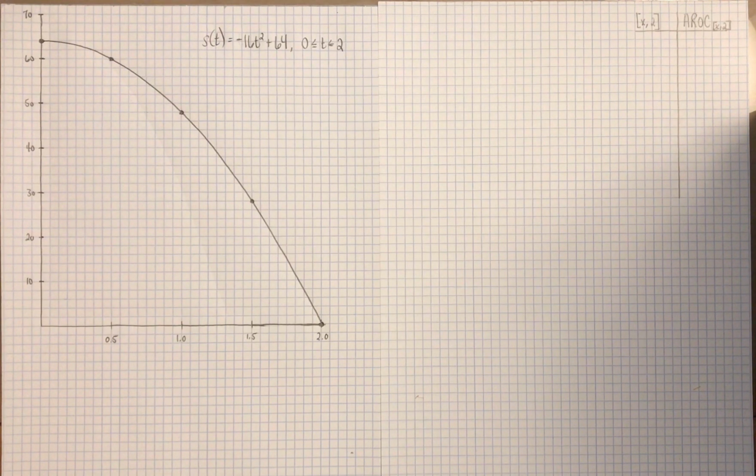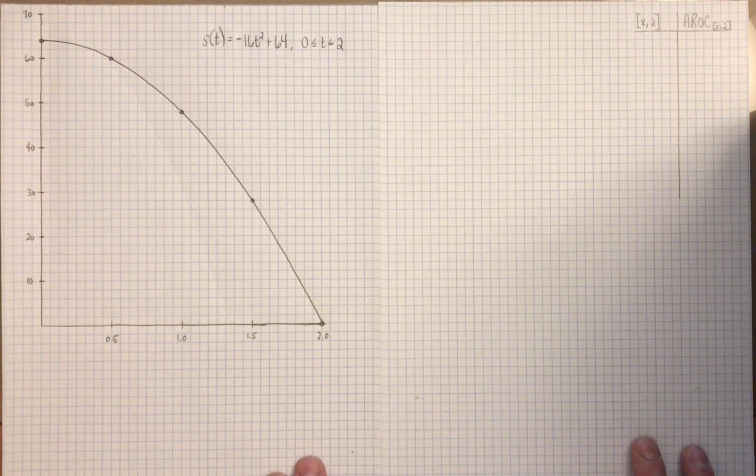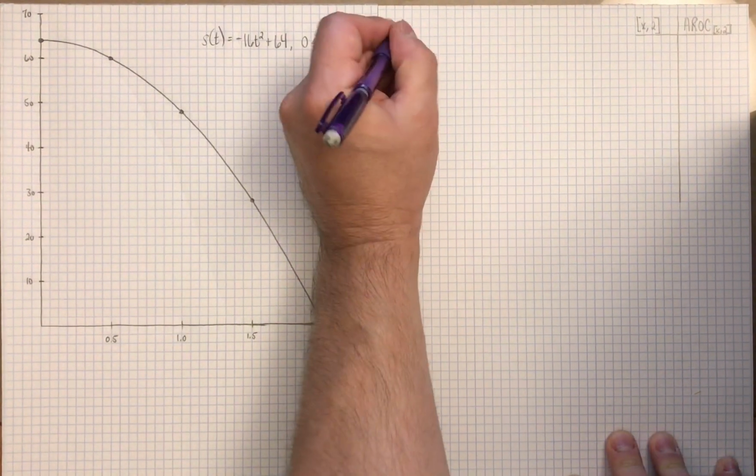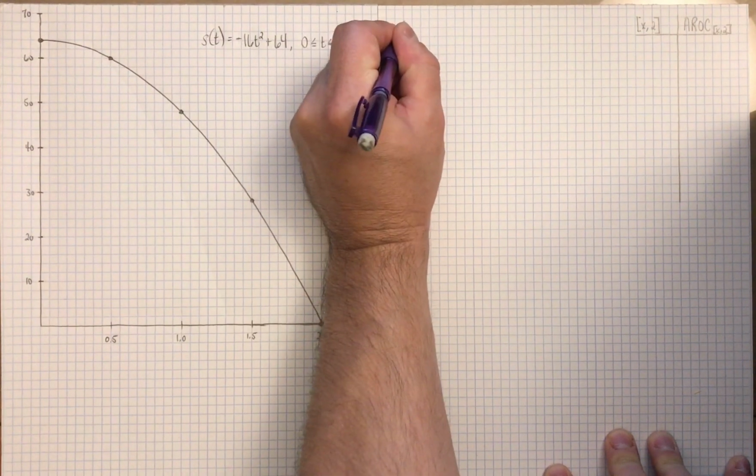So, the first thing we did was we talked about the average rate of change for the entire duration of the fall. Since this is a position function, rate of change is velocity: how fast your position is changing, how fast you move from one place to another. So, what we saw in the PowerPoint was that the average velocity